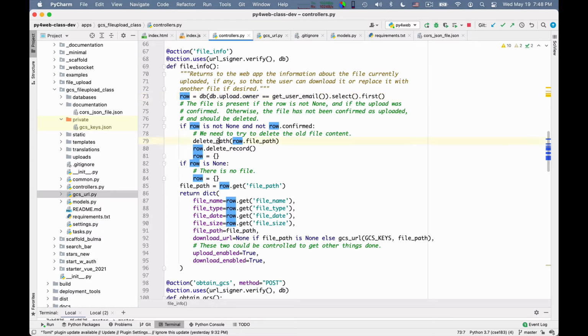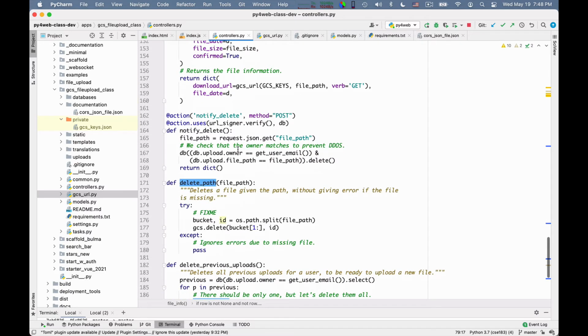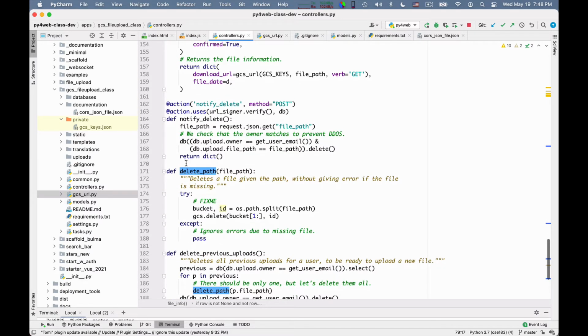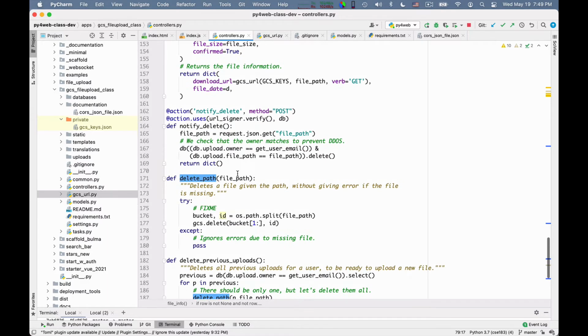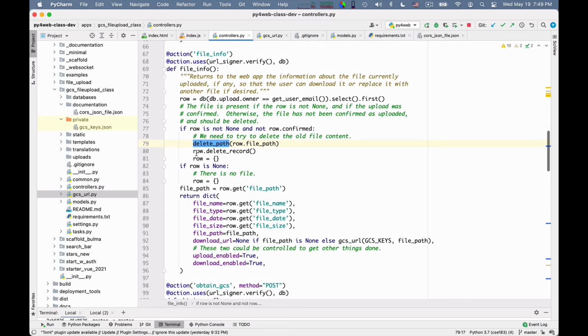And so I call delete path to delete that particular file path on Google Cloud Storage. This delete path is implemented below if you want to see the details. It's quite simple, actually. Then I delete the record, etc. So essentially I clean up in case there was some incomplete upload, and then I just provide all the information.